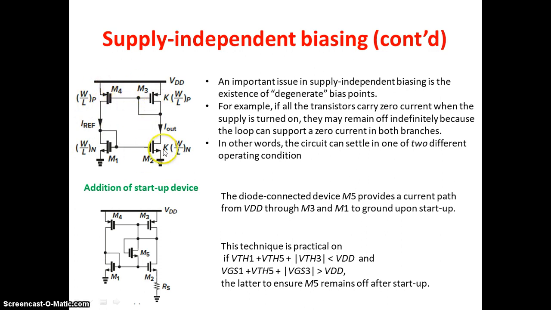If I connect it in this fashion, simply it is going to be in a looping fashion. This is going to give independence of supply voltage if we discard the channel length modulation effect. Then we discussed how it behaves if we had an additional RS resistor. There we had some body effect. To avoid that, we can add that RS to the top side. Then we discussed some scenarios of how it changes with respect to VDD change, which we have seen. Then we solved, and lastly the startup problem here.